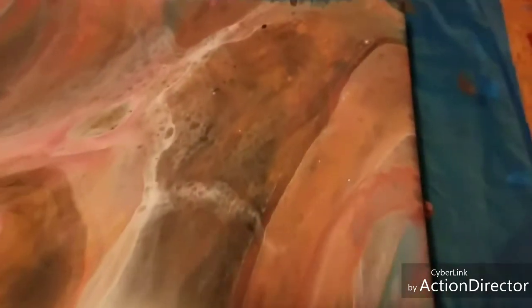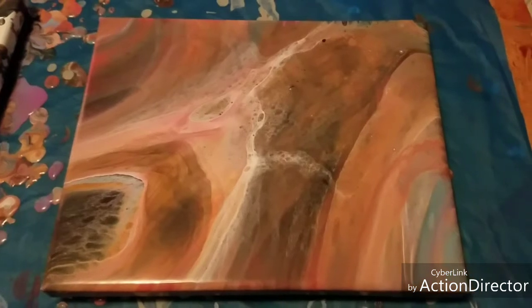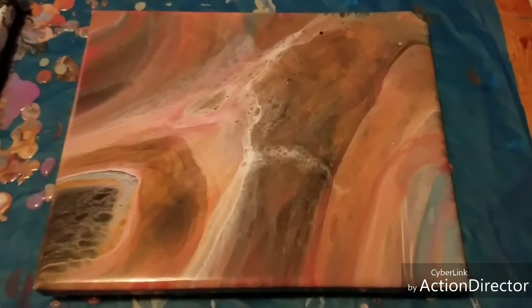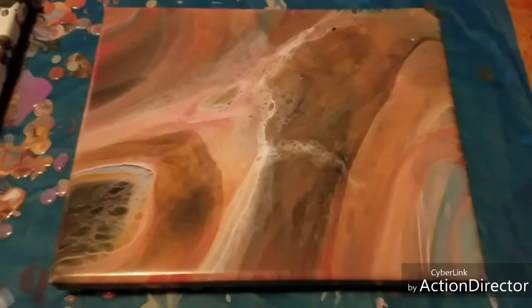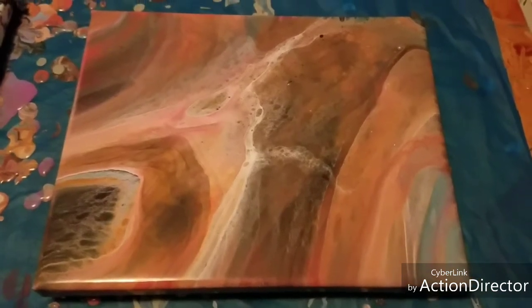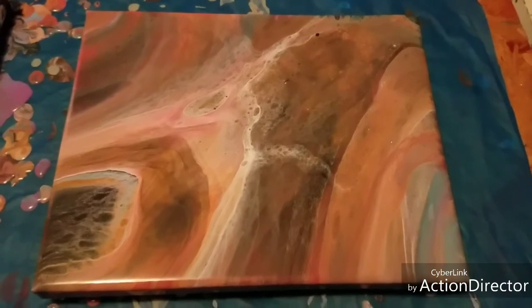I'm not sure I like how this is. I'll pull out, but that's the overall. I kind of like it. It reminds me kind of like, I don't know, the canyon walls as dusk is starting to set, I guess. But I'm not sure that I'm liking it how it is. So I'll have to try and think of some kind of embellishment to add to it. If you have any ideas for embellishments that would be fairly easy, a silhouette of a specific animal or something on it, it'd be appreciated. I'm not real good at things like Nate is, but I can do silhouettes on occasion,